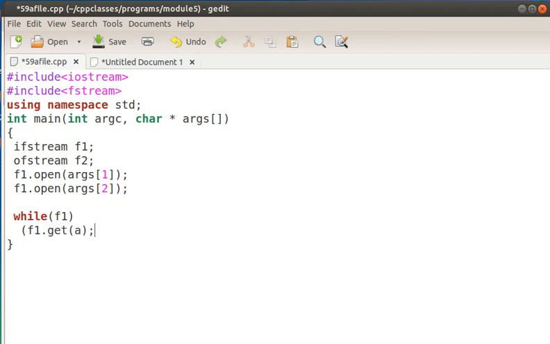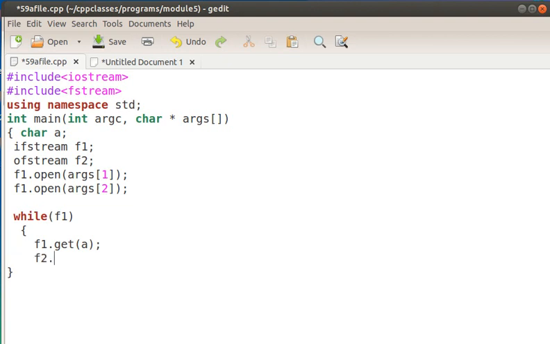So we have defined the variable a, so it is char a. f1 dot get a means read the first character to variable a.